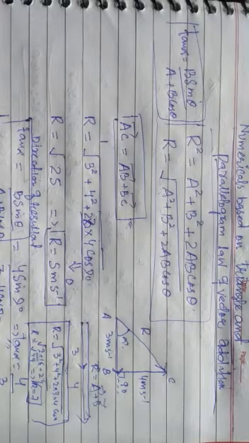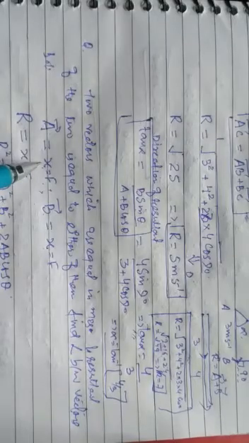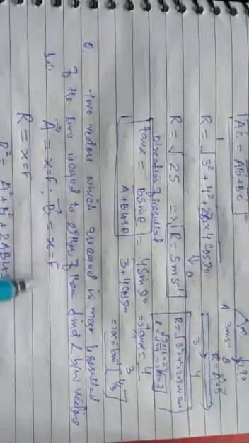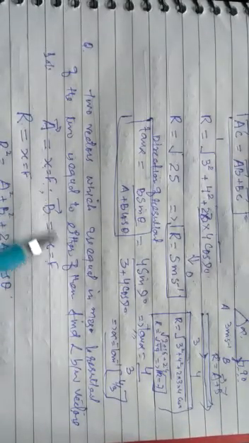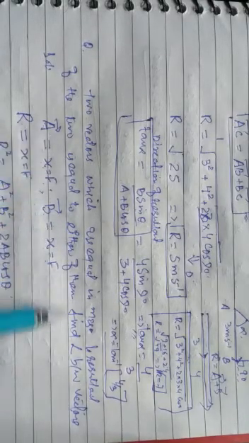Now if we are having another question, as I have placed here already, two vectors which are equal in magnitude. So I have to take vector a, its magnitude x, vector b, its magnitude x, or f, you can take anything, and the resultant of the two is equal to either of them. Find the angle between the vectors.